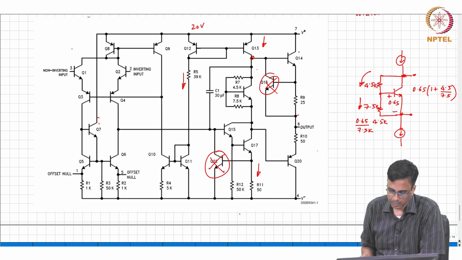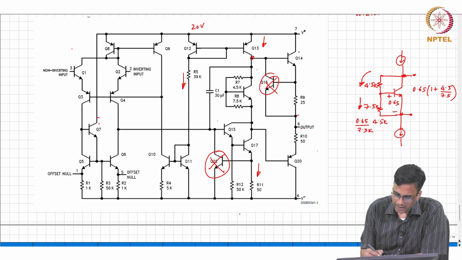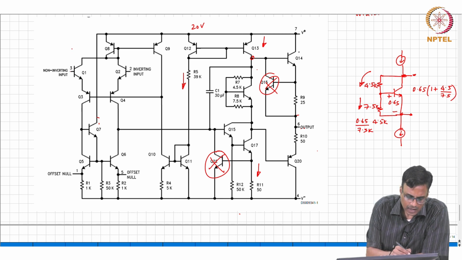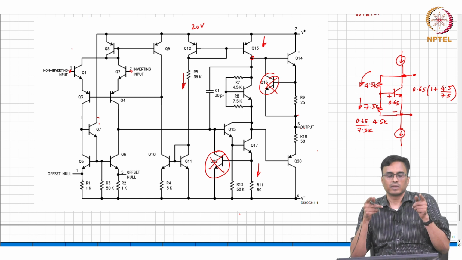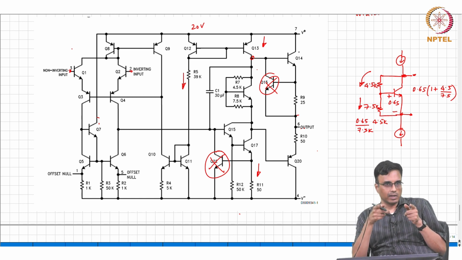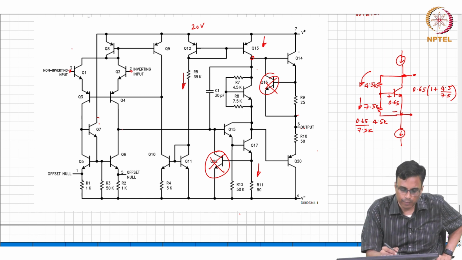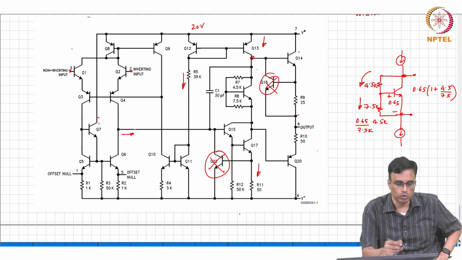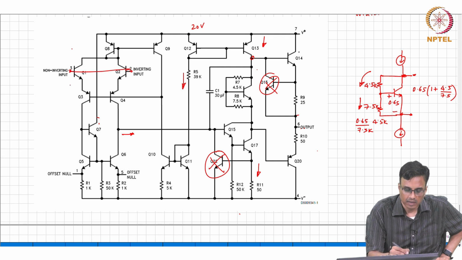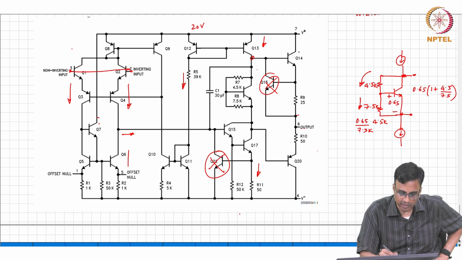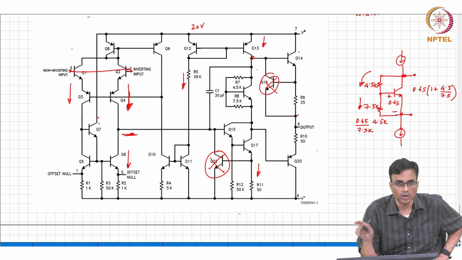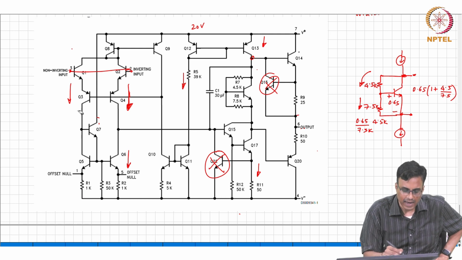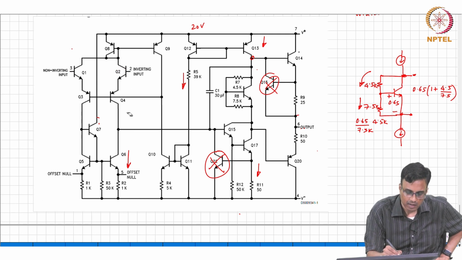mess anything up. Now, ideally in an op amp, if you put the same input to both terminals, what must be the current flowing out here? If you short these two terminals, ideally this current is supposed to be exactly the same as that current. So no current must flow out, right. In reality,